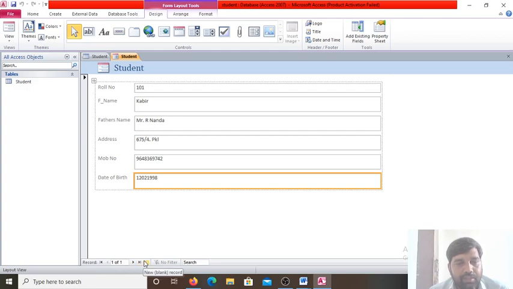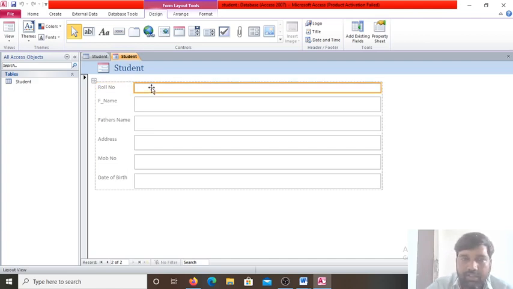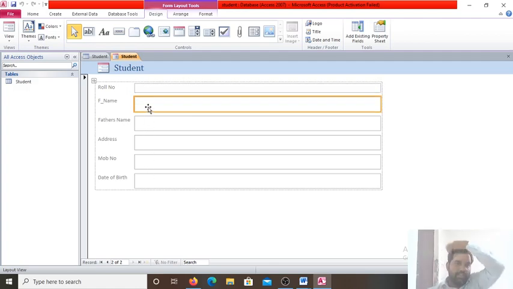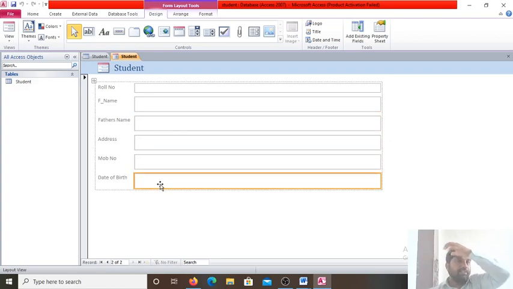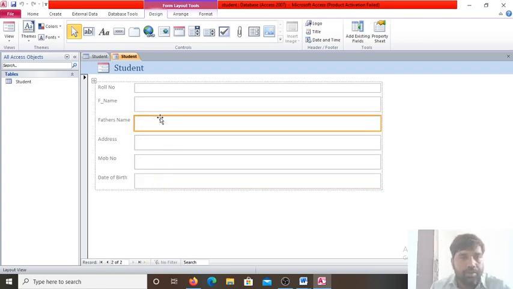In this new blank record, see, a blank record is added. Now here you can write the roll number 102, and you can write here the name, the father's name, the address, the roll number and the date of birth. Okay.